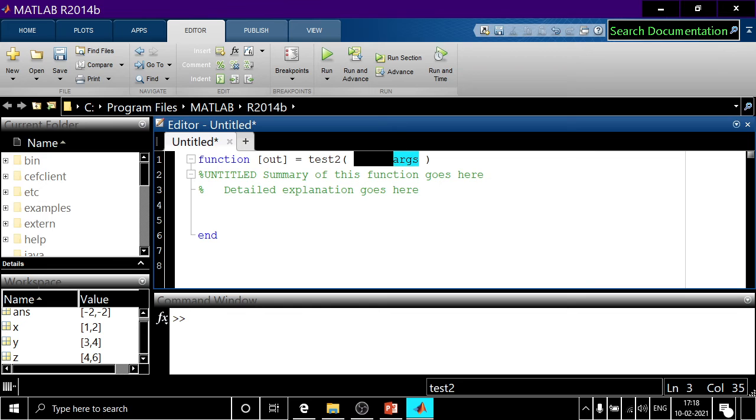So there are some list of arguments. Let us not use any argument. It is blank. This can be blank also. Whatever. No, I have to give a name to the function. Let us give it a name. The name of the function is this test2. Okay, I have to call it by using test2.